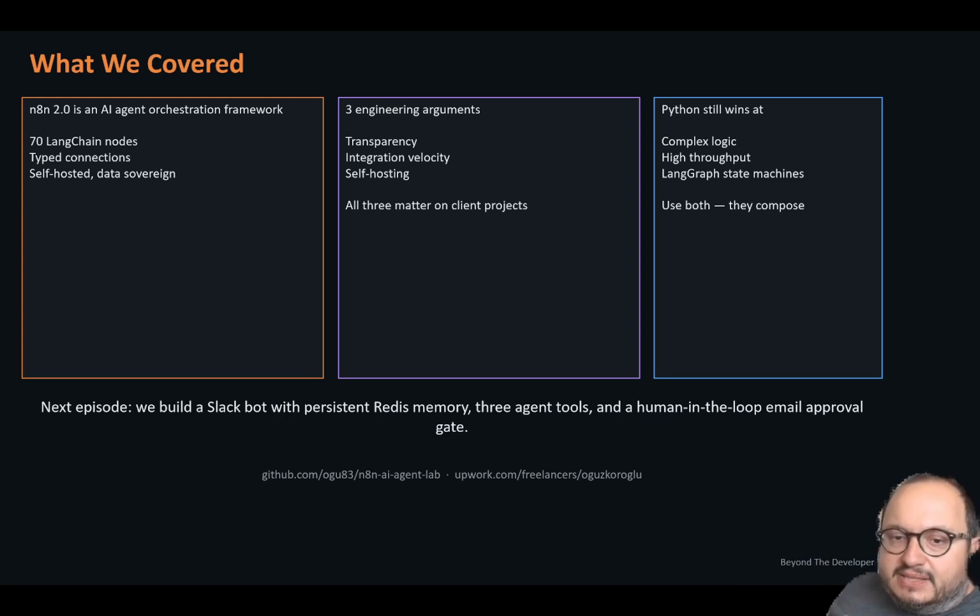Episode 2: persistent memory Slack agent, Redis, 3 workflow tool node integrations, human-in-the-loop email drafting, and I will see you